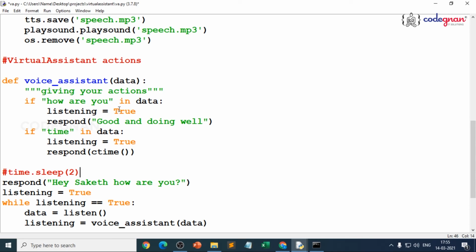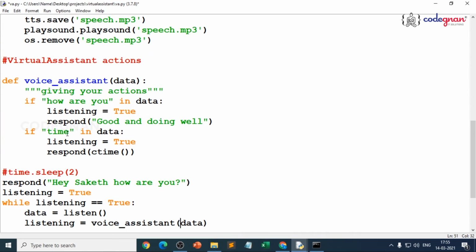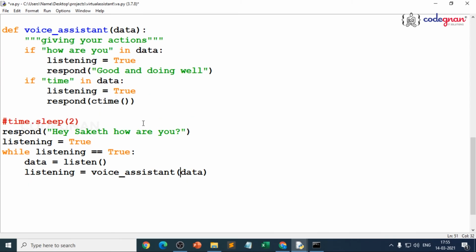Now we'll make sure how we define multiple actions, whether it should send an email, open a browser, or scrape the web. You have multiple things over there. You can give multiple conditions over here, but you should see how it is listening and how the function call is made with the voice assistant. Whatever you can say, but we should make it continuously speaking, right? We'll add one more exception block at the end so that our voice assistant will continuously communicate with us.